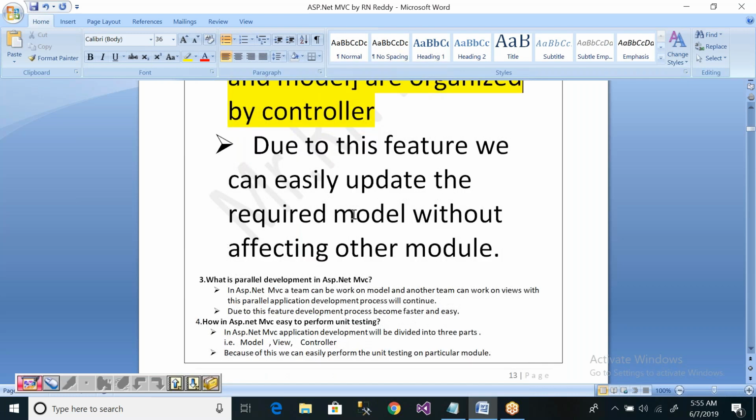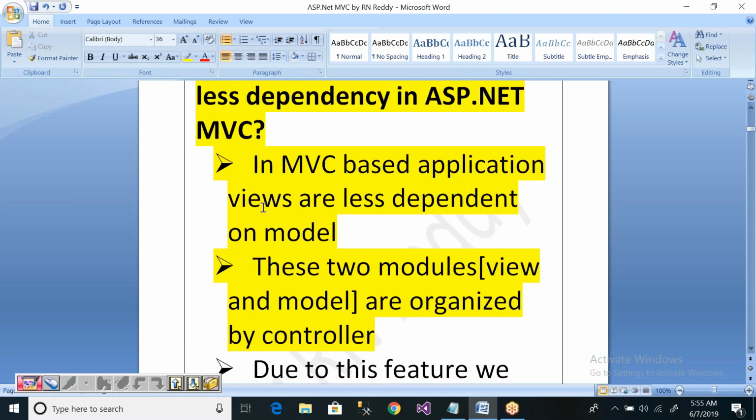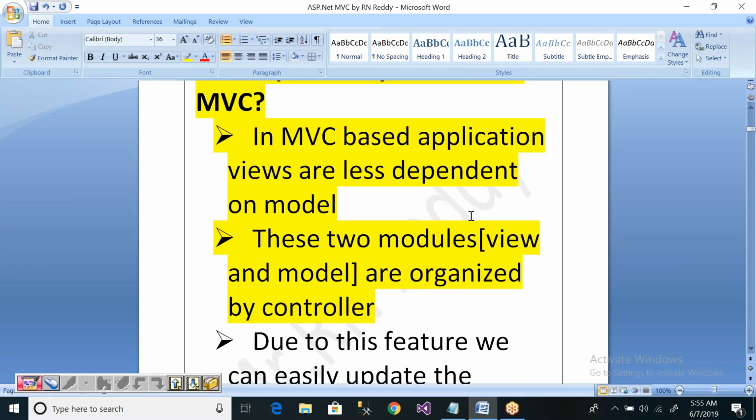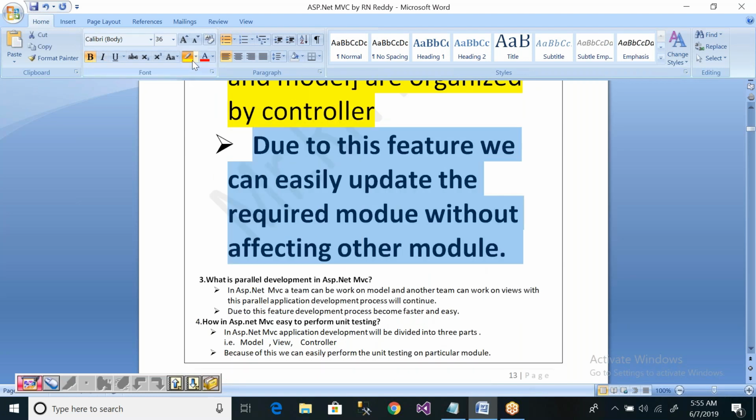Due to this feature, we can easily update the required module, either view or model, without affecting the other module. View and model are less dependent on each other. There is no direct communication between them; they are organized by the controller. If you update the view, it has no impact on the model. If you update the model, it has no impact on the view.